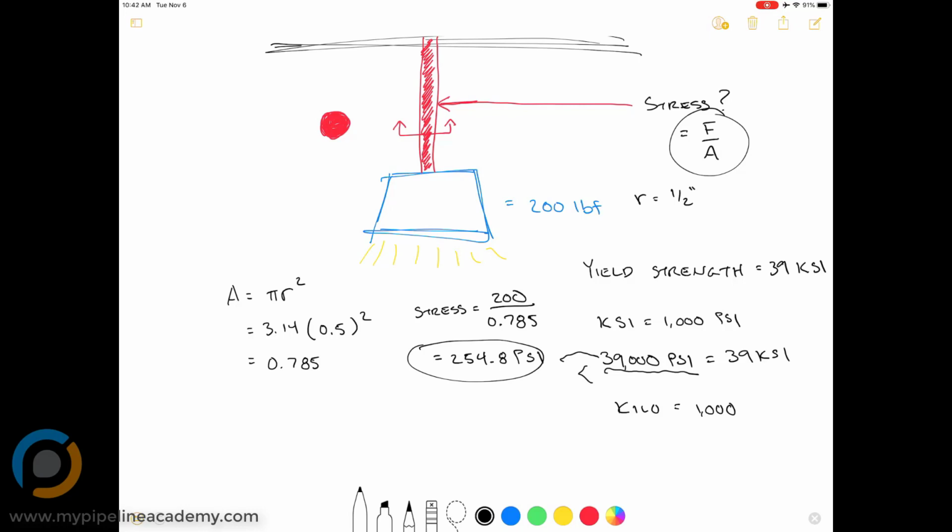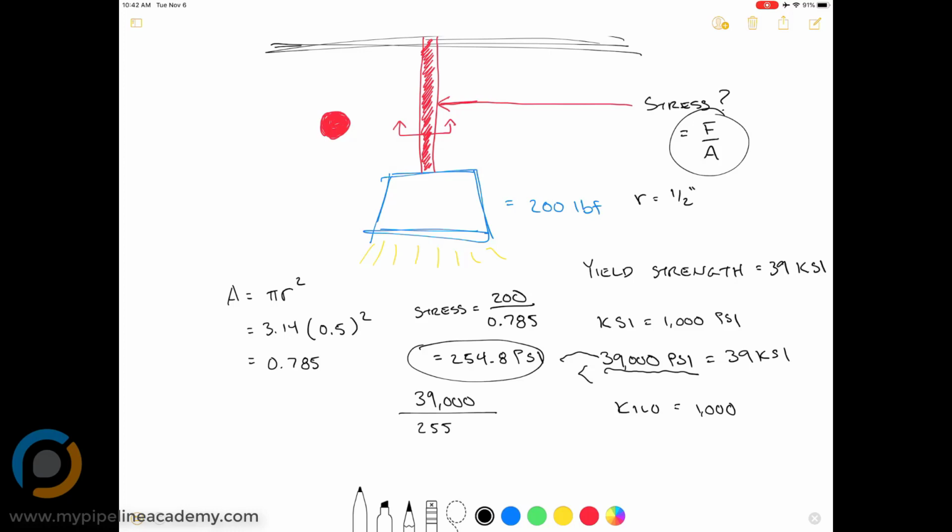Now, I just said we have plenty of room in there. Let's define how much, like how many times, 255 times what until we get up to 39,000 psi? Like how many times can we multiply 255 until we're at 39,000 psi? Raph is doing some math here. 52 times. So